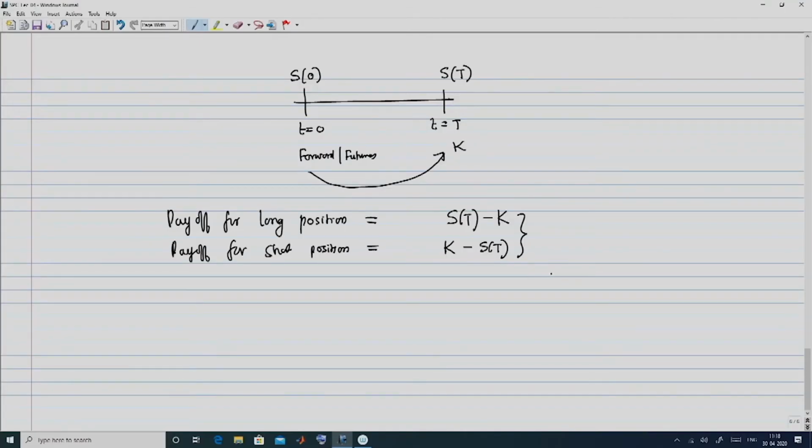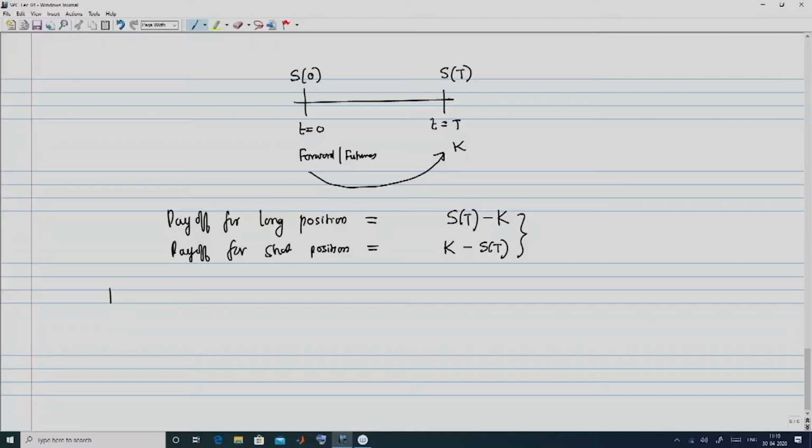And you notice that the sum of these two is going to be equal to 0. So, this is what is known as the zero sum game. Whatever is the gain of the party with the long position becomes the loss of the party with the short position, and vice versa. So, if S of t minus k is positive, the long position party gains an amount S of t minus k, which is the same as the loss of the party with the short position. And if the party with the short position has a positive gain, then that gain is the same as the loss of the party with the long position. These are what are known as the payoffs for the long and the short position respectively. Okay, so this concludes our discussion on forwards and futures, and the next thing that we move on to is